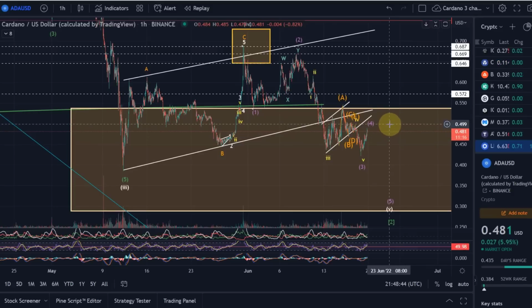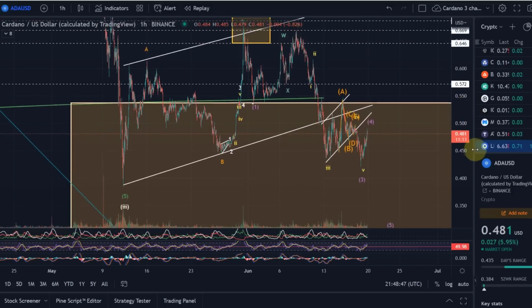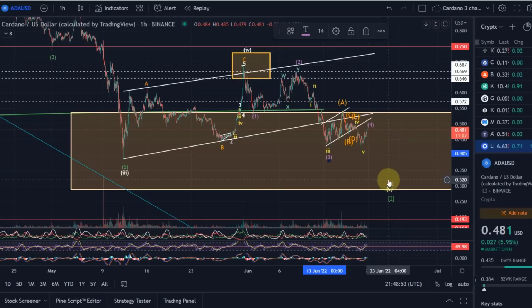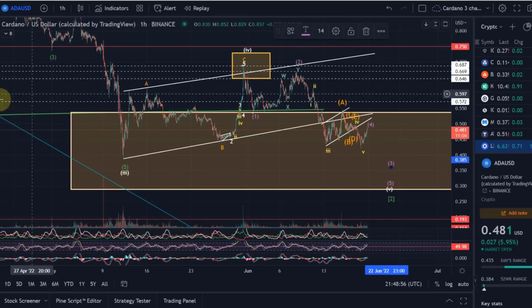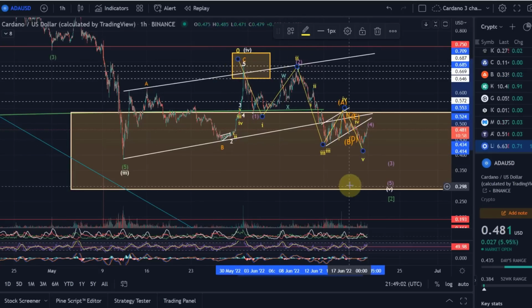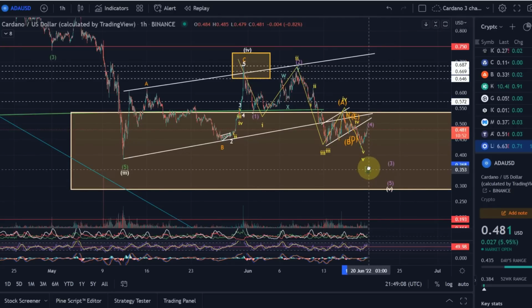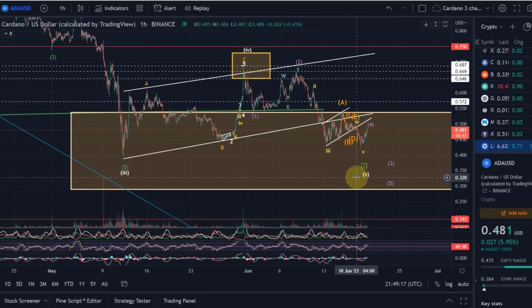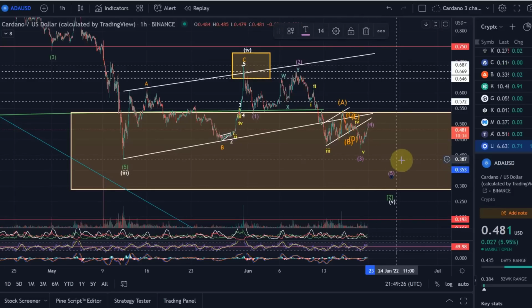But I'm open to the idea of changing it to a truncated scenario where we would then have to say, okay, it might just be this 3, 4, no, sorry, this scenario here might have to be like that, 3, 4, 5, but certainly not one that you would expect with a high likelihood. And then we would also with this complete everything, the wave 5, the wave 2, and it would mean the ADA correction was completed here, and we're not going to get another lower low. But this is definitely not at the moment my primary expectation. Primary expectation remains that we will see a lower low in a wave 5 to tidy this chart up.